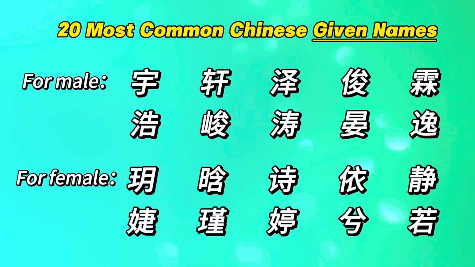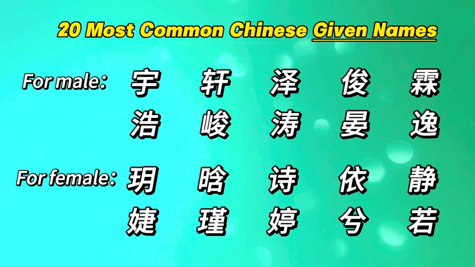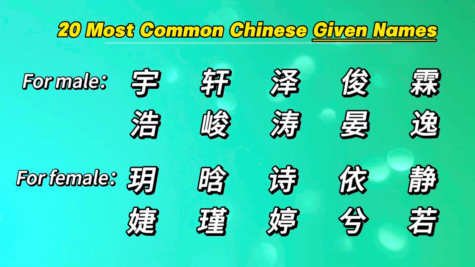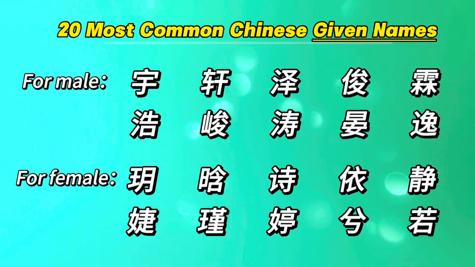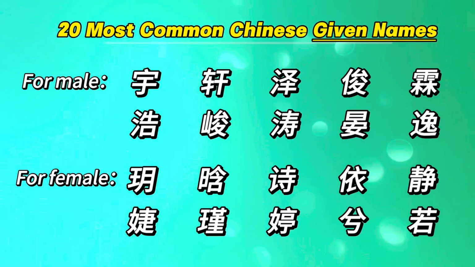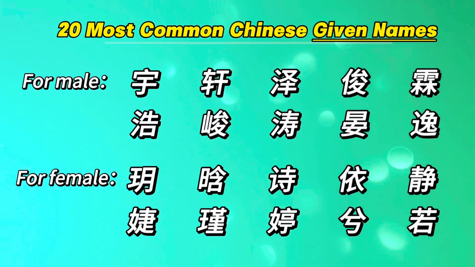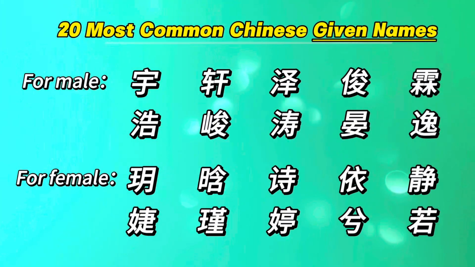For male given names: Yu, Xuan, 泽, 俊, 林, 浩, 俊, 涛, 燕, 毅. For female given names: 月, 韩, 诗, 一, 静, 杰, 锦, 婷, 希, 若. If you decide not to choose the surname, it's best to choose the